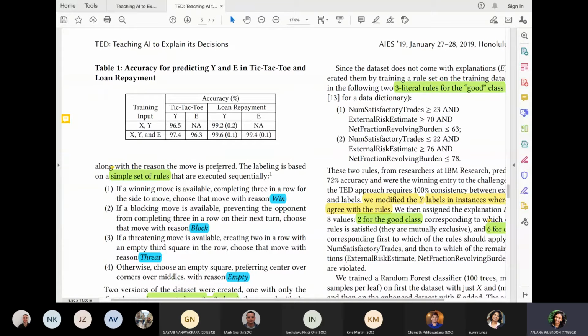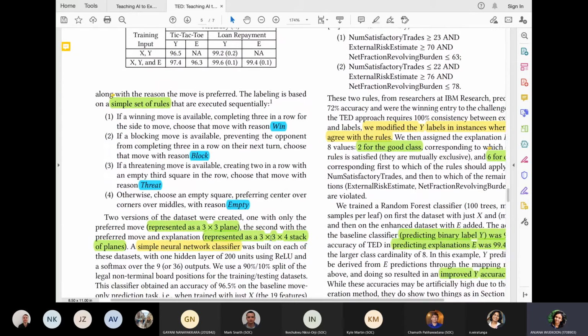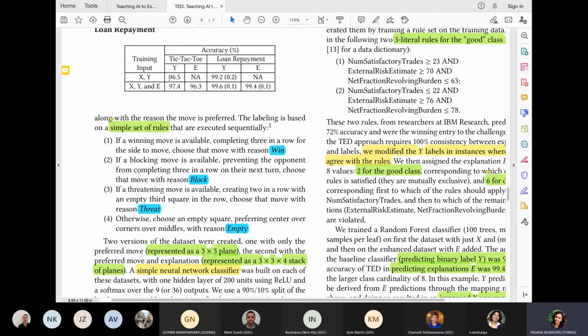So you have 9 options to select from when you play tic-tac-toe, and they define the features as to where everyone is at the moment and who's playing, and then your next move as Y label and why you made that move as E. Why you made that move is based on these 4 rules. So you end up with 9 options and 4 rules, which is 36 outputs in your Cartesian product. So they train a simple neural network and they achieve, for tic-tac-toe,